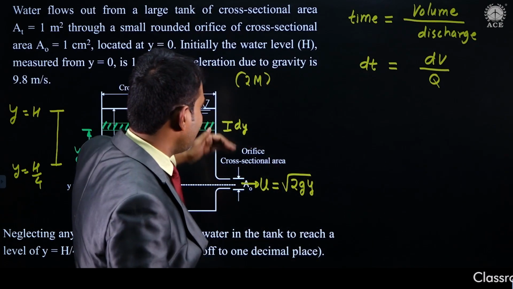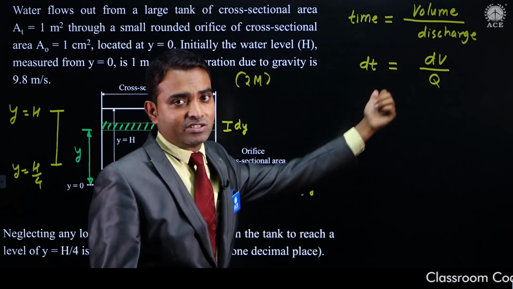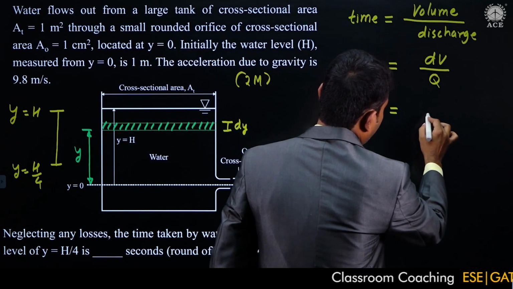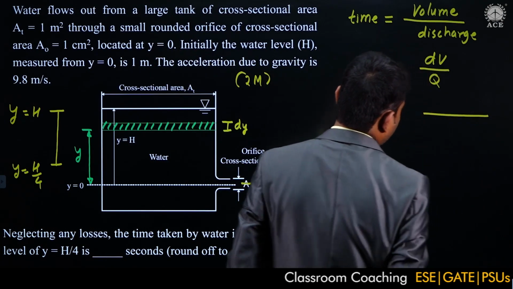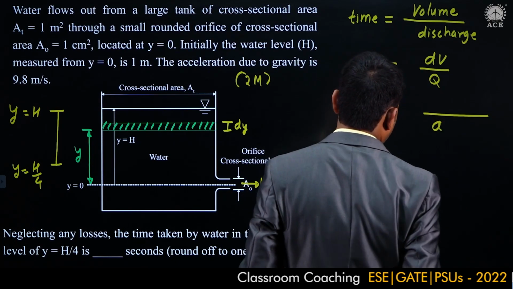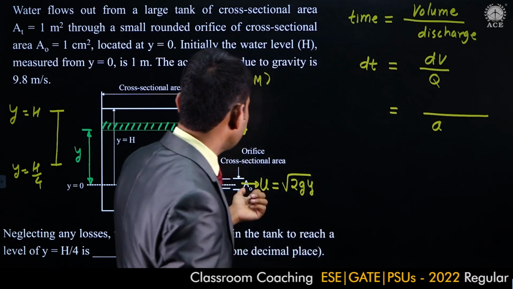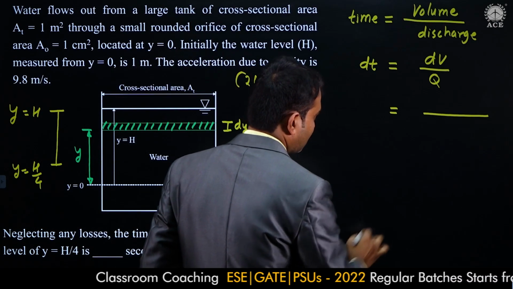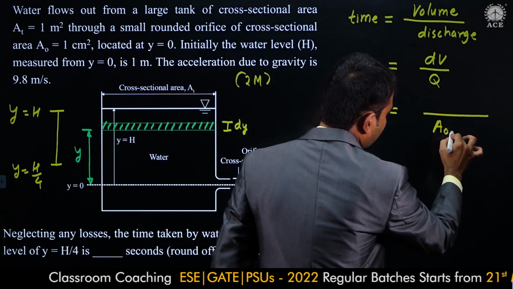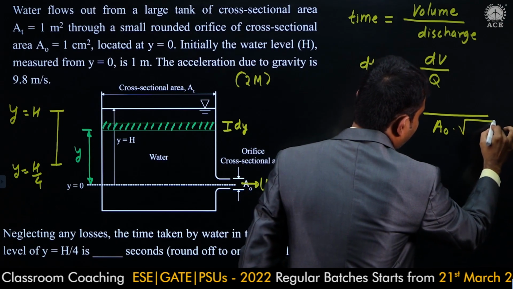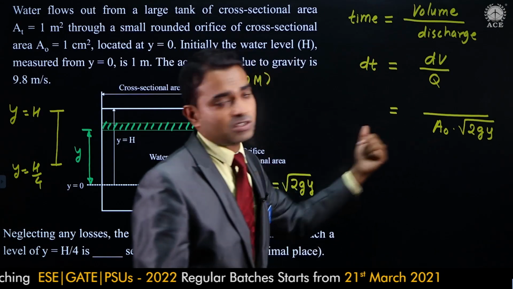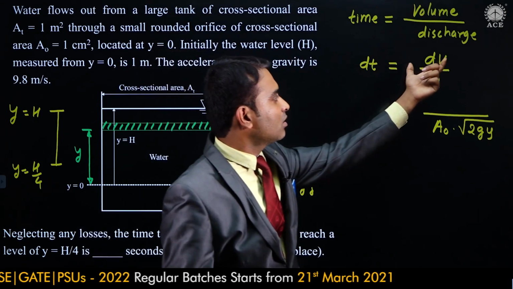So when height is y, at that moment what is discharge? That discharge you have to consider. So this is equal to discharge equal to orifice area. Let us say orifice area, here they have indicated orifice area by A0, right? So I will use same notation. Orifice area is A0 into jet velocity is root 2gy. So this is discharge into dv.